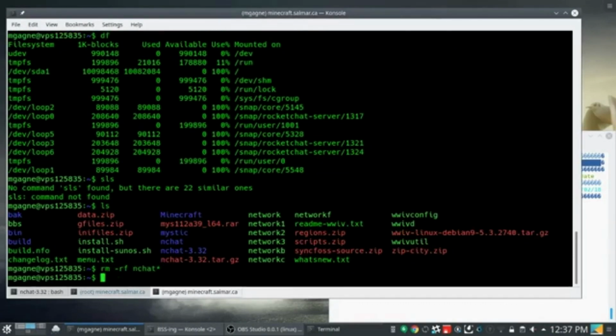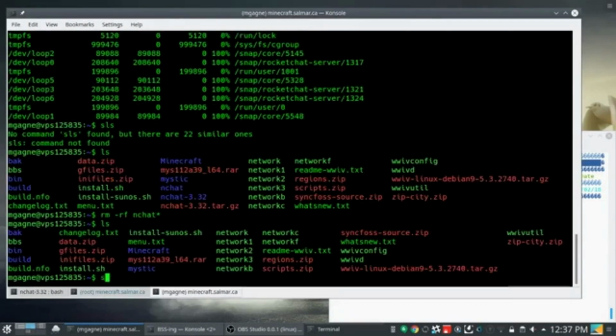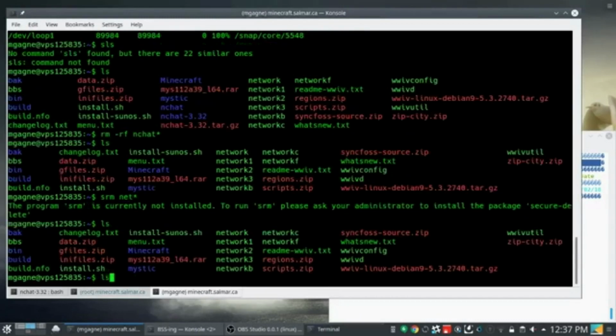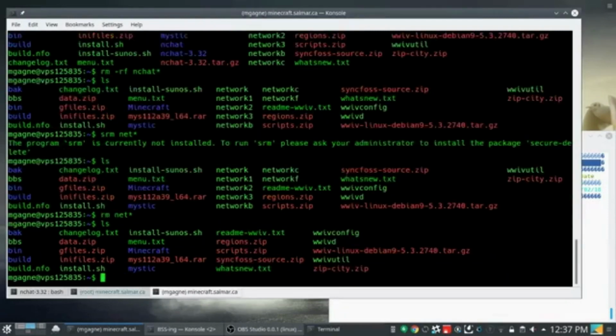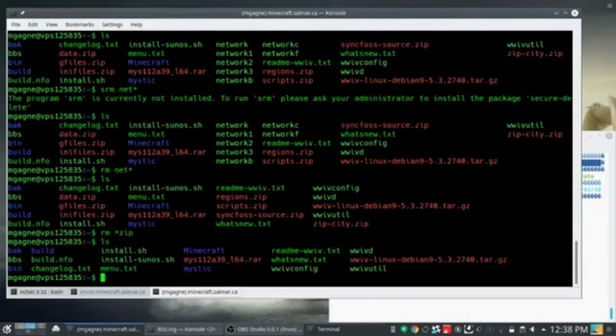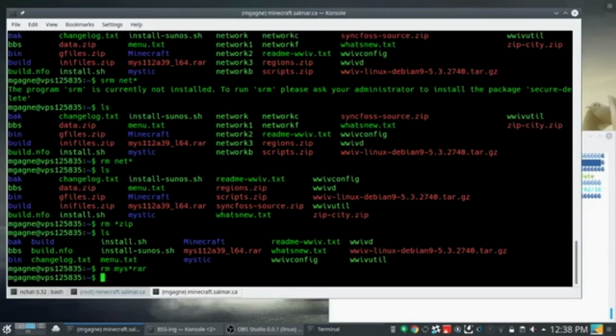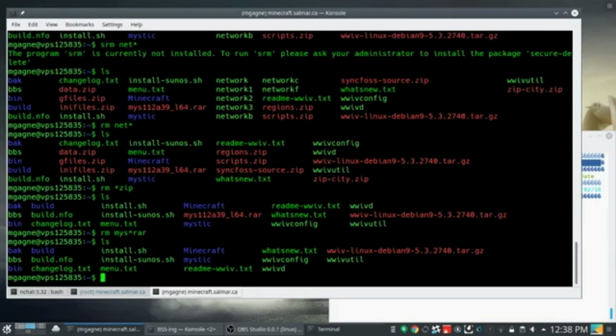Let's get rid of the Enchat stuff at the moment. Obviously, I do not have a whole heck of a lot. rm and ET. There we go. Obviously, I do not have a lot of room to actually do anything here. rm star zip. Let's get rid of those guys. rm my rar. So let's get rid of the rar file. Obviously, I do not have a lot of space on the server, so I'm going to say